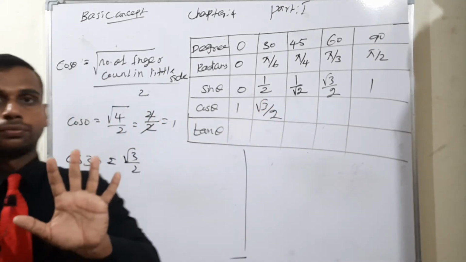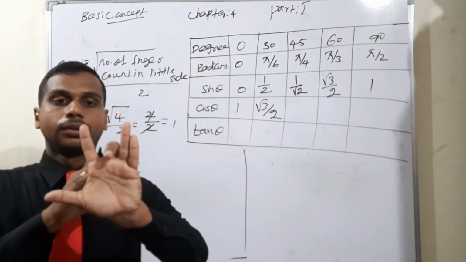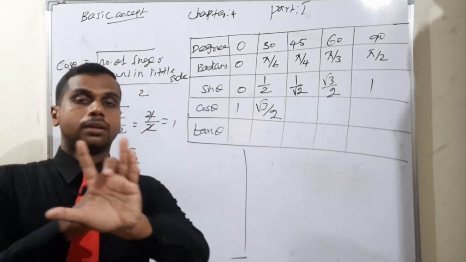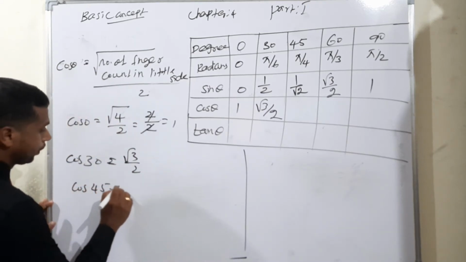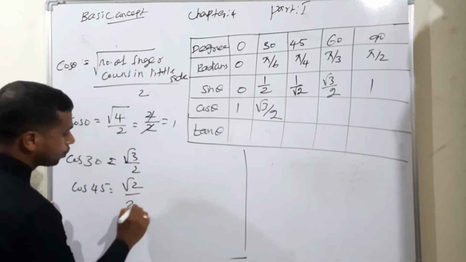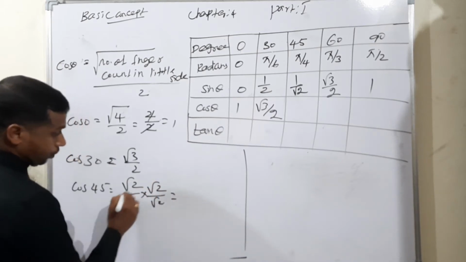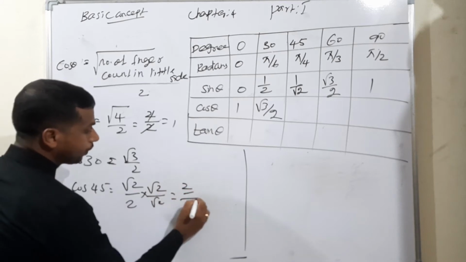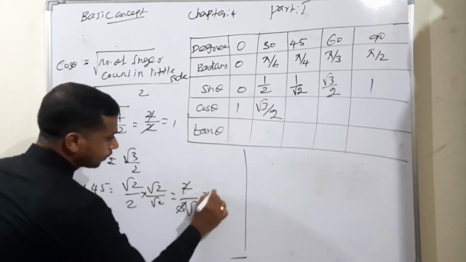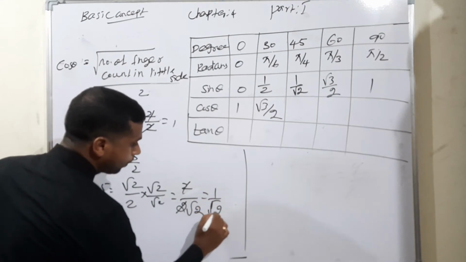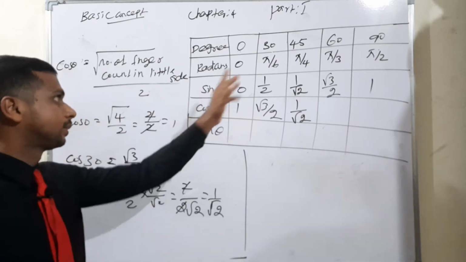Cos 45. You have to fold the middle finger. So, cos 45 is there. Definitely we have to check the little side: 2 fingers. 2 fingers means cos 45 is equal to root 2 by 2. I told you, if you take the conjugate of root 2 by 2, again root 2 into root 2 means 2 divided by 2 root 2. Again 2 cancels, so the balance will be 1 by root 2. What is the answer? 1 by root 2 for cos 45.